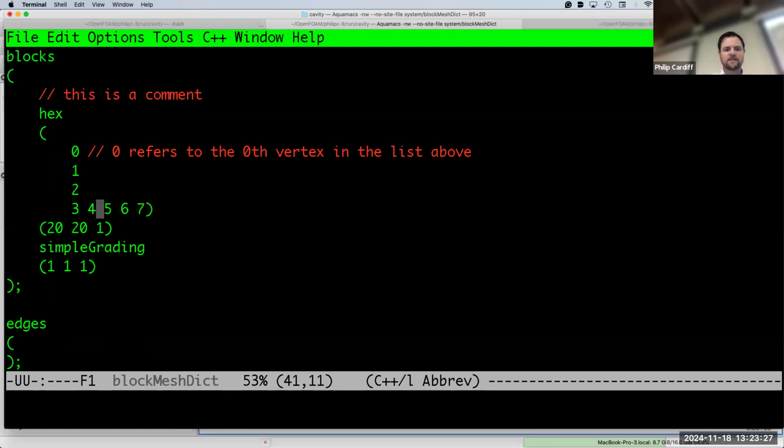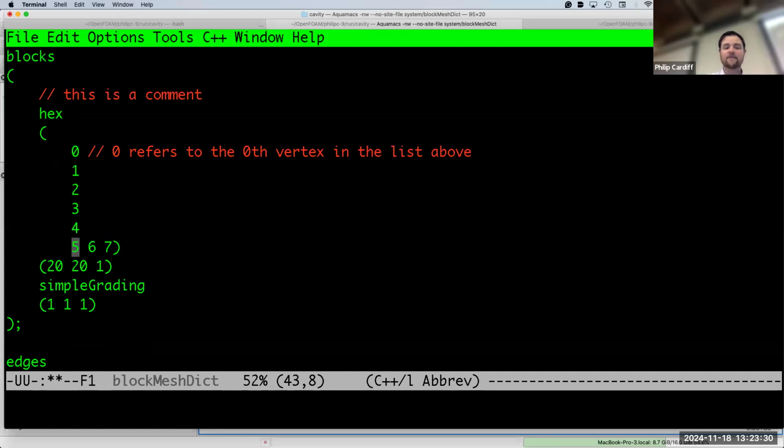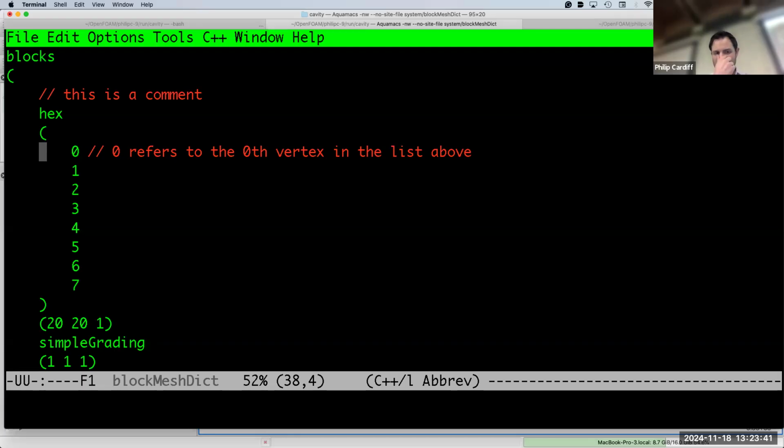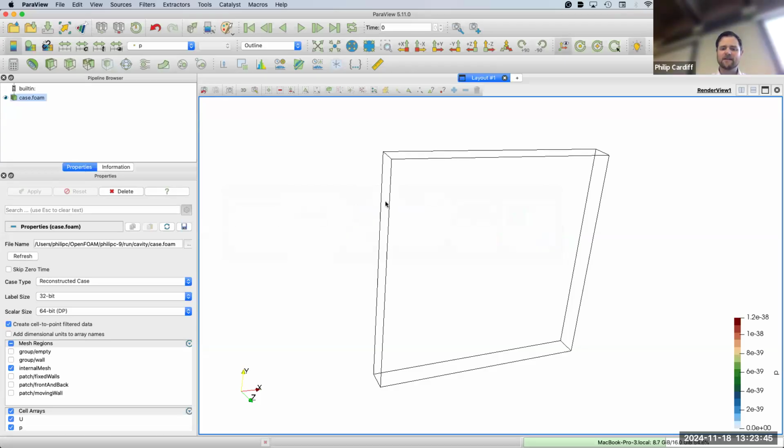So if you see the way this is done here, they're just listing the 8 vertices of the block. So you can see 0, 1, 2, 3, 4, 5, 6, 7. So to define the block, obviously you need the 8 coordinates. That makes sense. And you might think that the order doesn't matter, but that's not true because